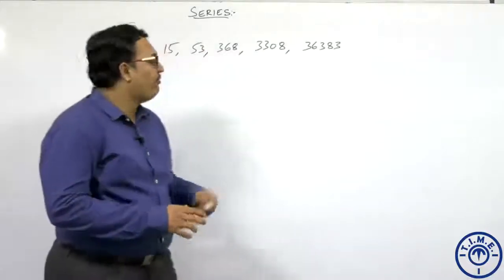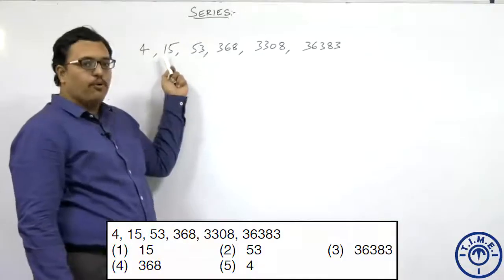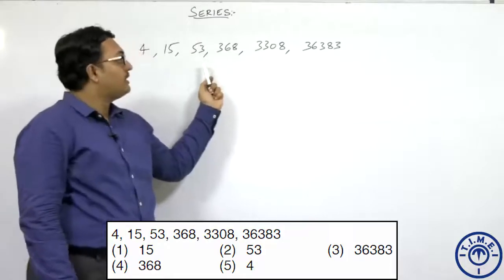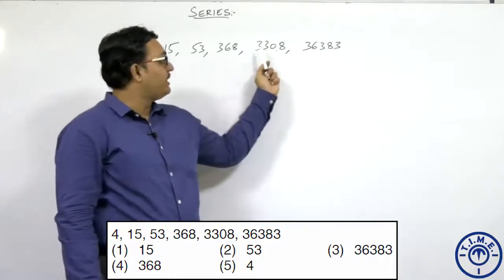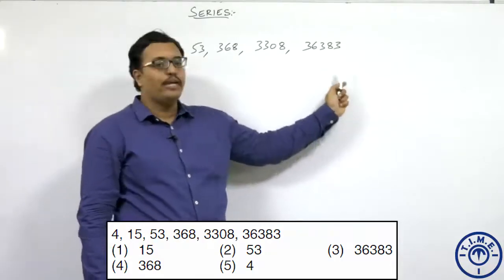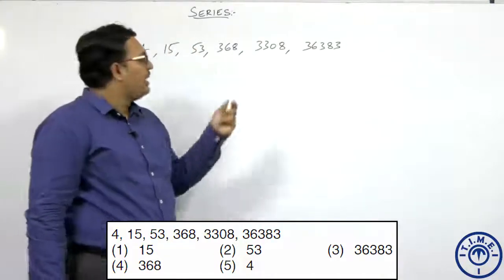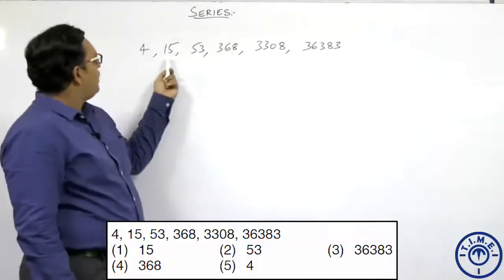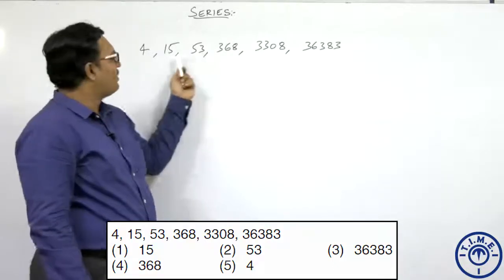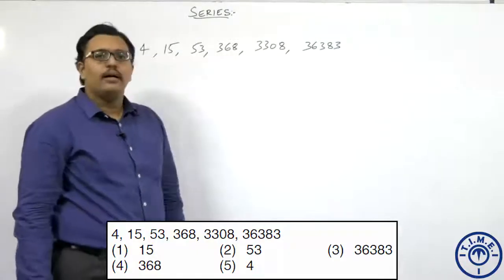Now coming to question number 14. This is what is given in the series. So again, if you observe what is happening, from 4 it went to 15, from 15 to 53, now from 53 it went to 368. So there is a sudden increase in the number from 368 to 3308, again sudden increase from 3308 to 36,383. So again there is a sudden increase. So that means product. But if you see, there is no pure product that I can consider between the numbers. However, there is only one wrong number, but still the remaining are the right numbers. Anywhere I do not get the perfect product.